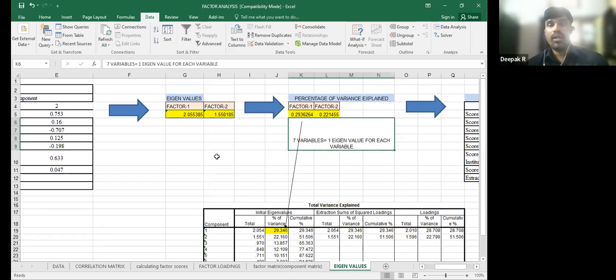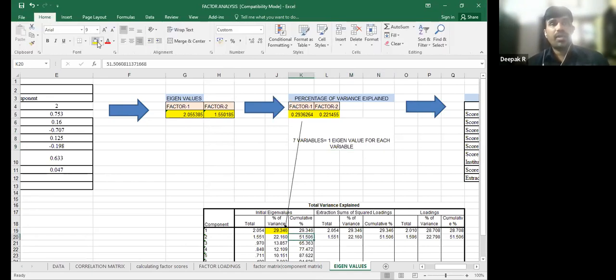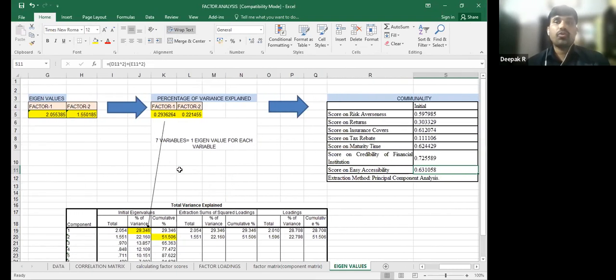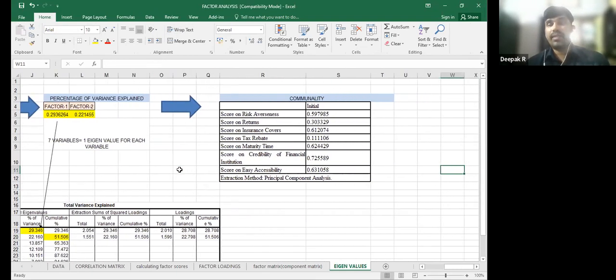So overall, put together, you will be able to notice that the cumulative percentage, both the variables together, is able to explain 51% of the variation. So now you know how we have got these values. And once we have looked at the percentage of the variation and how many factors we should consider in our study, then we will be able to look at